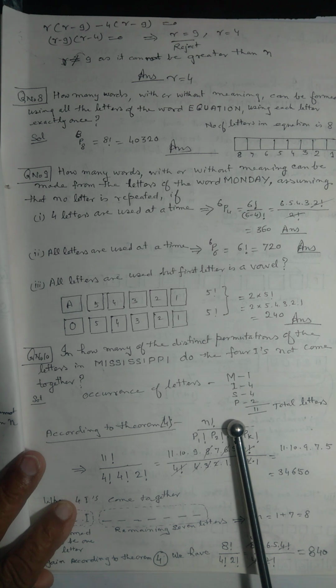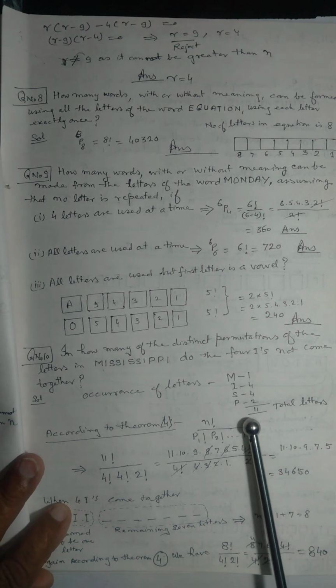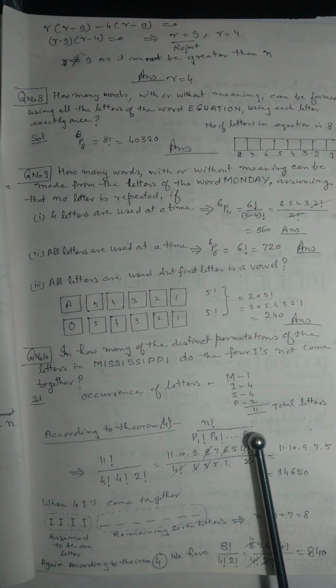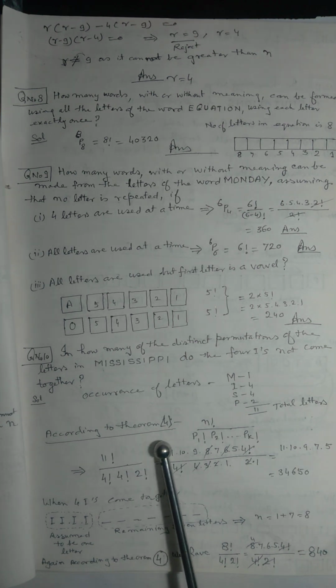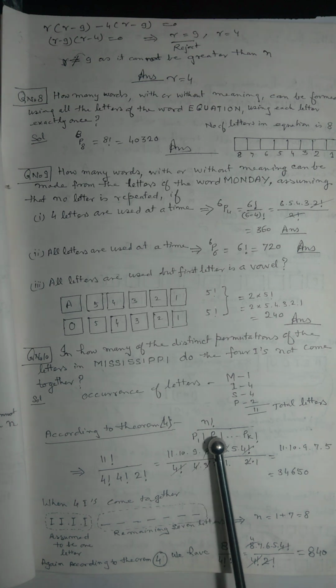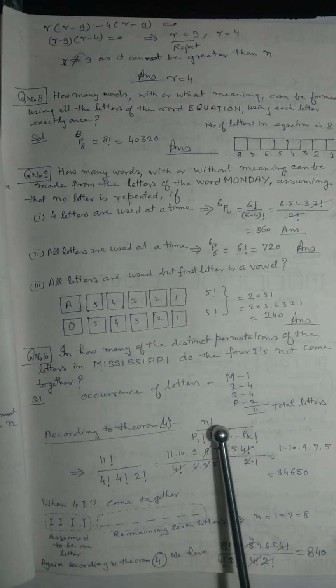S 4 टाइम्स. P 2 टाइम्स. इन दिस वे देयर आर 11 लेटर्स टोटल. So according to theorem 4 of your book, we have to use